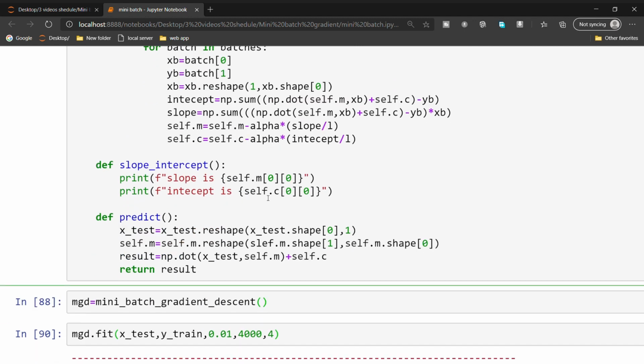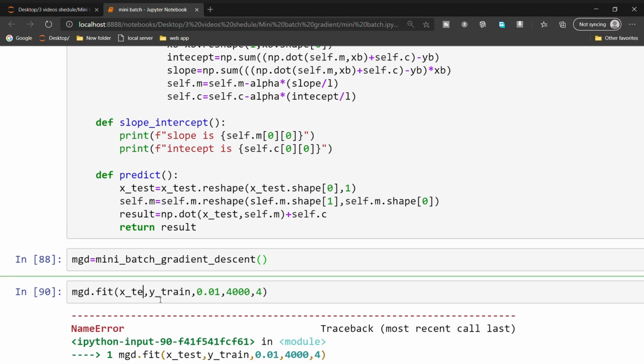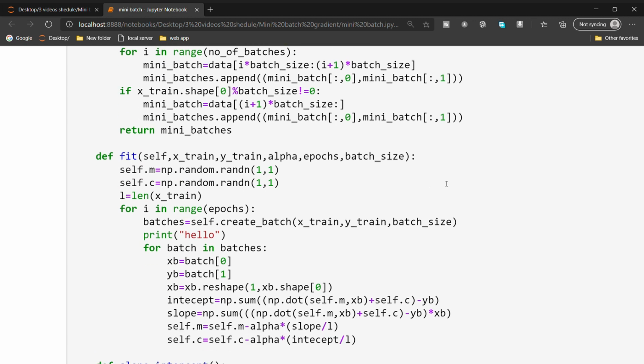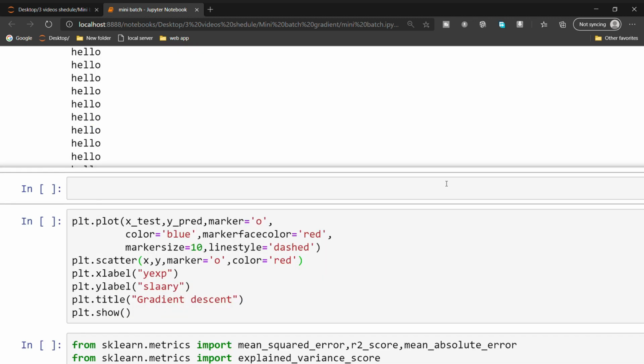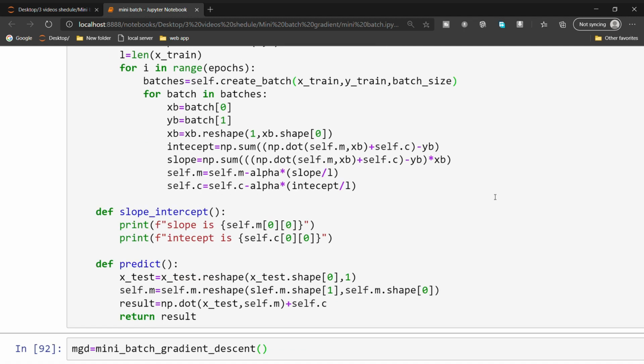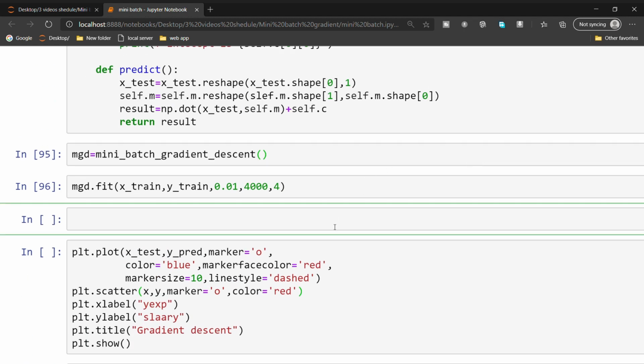Here also we made another mistake, x train. Unfortunately we made those mistakes. Sorry for the checking, here I kept print hello before for cross checking. Okay, now our model works perfectly fine.